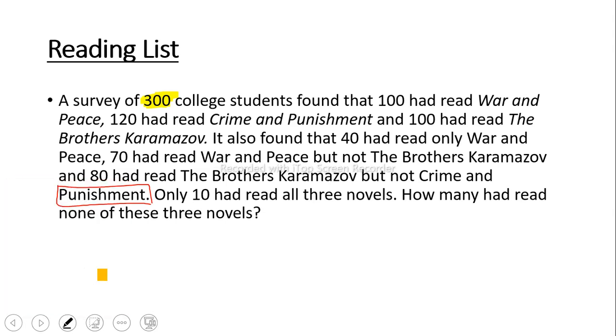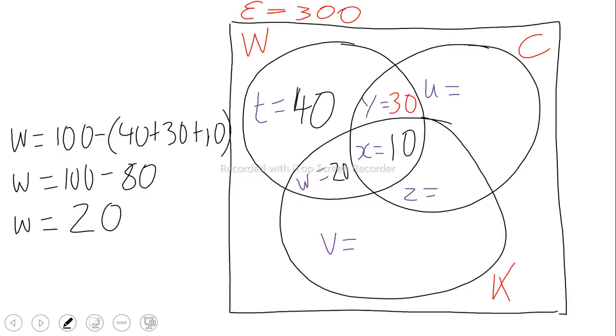Highlighter. They read the Brothers. So you have to try to find which group represents the Brothers, but cannot include Crime and Punishment. So if we go here, these people read the Brothers, and they did not read Crime and Punishment. So basically, you don't want any part where C is Crime and Punishment. So W, these ones read the Brothers of Karamazov. These ones also read the Brothers, and they did not read Crime and Punishment.